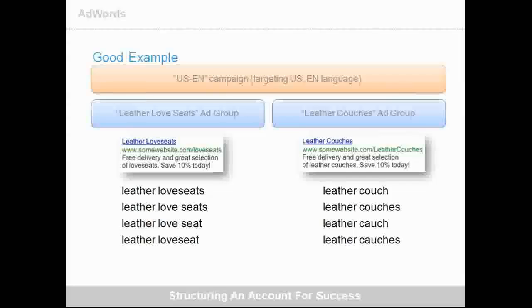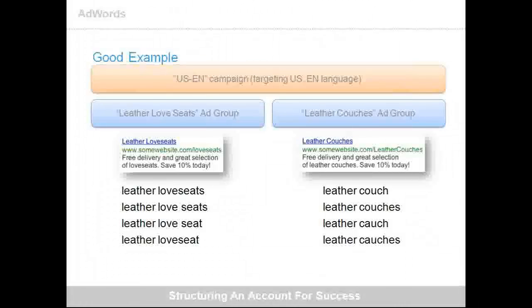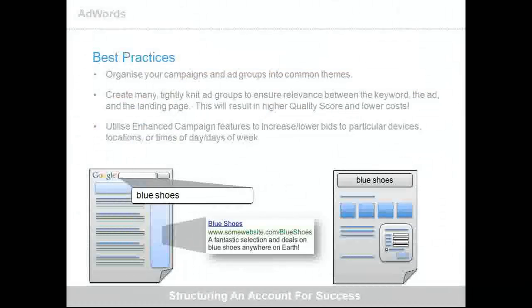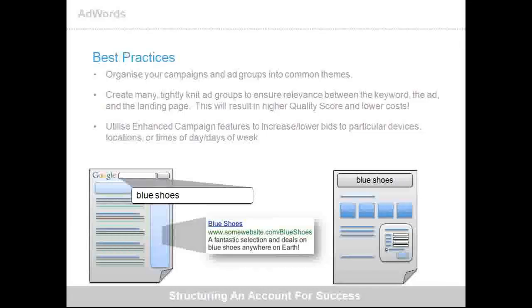So going ahead from here, this is a good example of how you would work with that particular furniture ad that we saw on the previous slide. At the campaign level, you have something like a well-targeted English campaign, and in one ad group you have leather love seats, and in the other ad group you have leather couches. The leather love seats text ad talks only about leather love seats and takes you to a landing page that only has leather love seats.